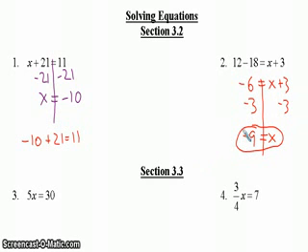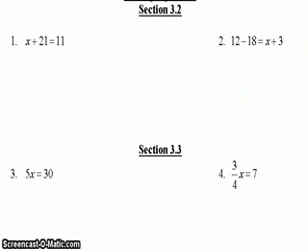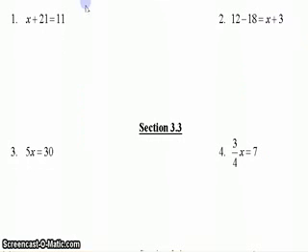If you wanted to, same thing, you could plug a negative 9 up top. If you began to simplify from that, you would get negative 6 on both sides of your equation. Thus, negative 9 is a correct solution. Those problems were both from section 3.2 from our textbook in Algebra 1. If we wanted to, we could look at problems from 3.3,